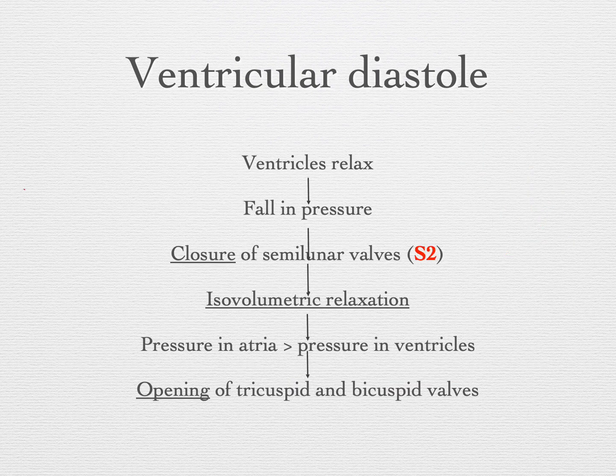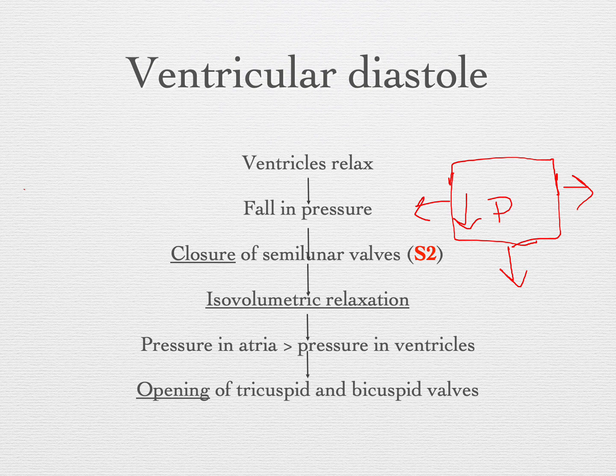The final step in the cardiac cycle is the ventricular diastole. After contraction, the heart musculature relaxes and tends to regain its original shape in preparation for the next cardiac cycle. As this occurs, there is an increase in the area inside the ventricles, leading to a decrease in the pressure. Just to picture this, if this is the ventricles, during the process of the ventricular diastole, there will be an increase in the area, leading to a decrease in the pressure inside the ventricle.